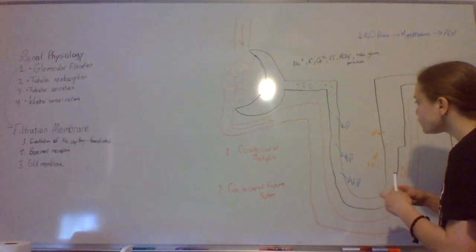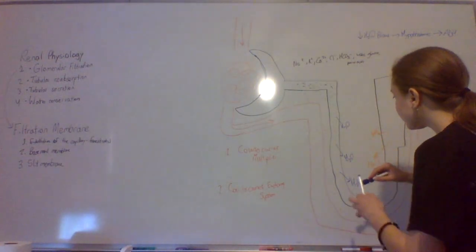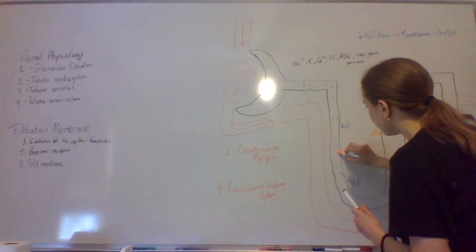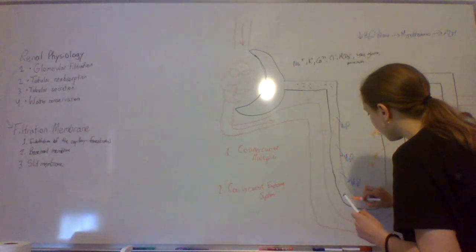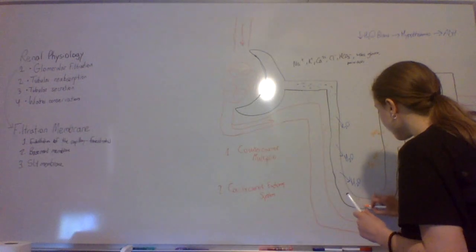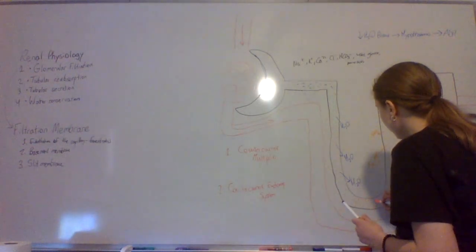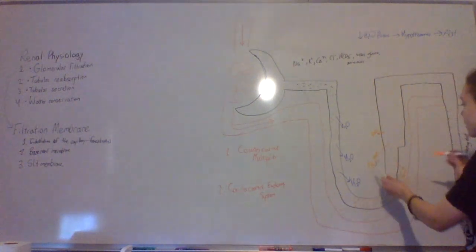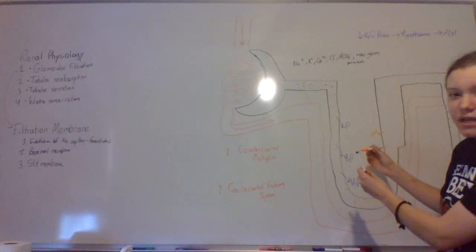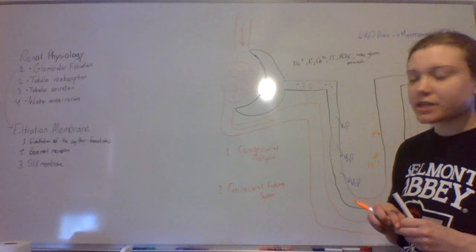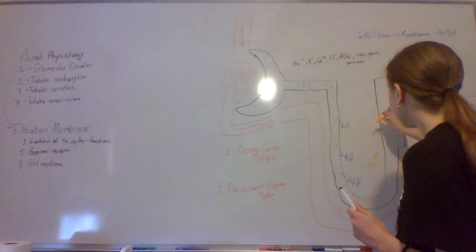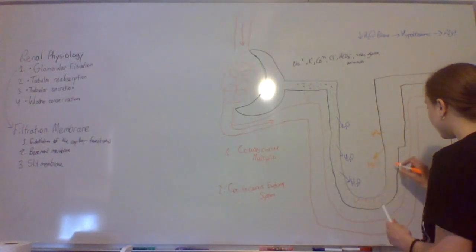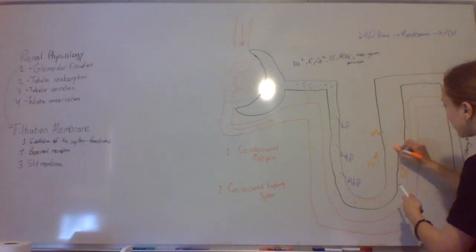So, the filtrate in this part, as you can see, as more water leaves, that means we get more salt in the filtrate. As we go down, it gets increasingly saltier, and down here at the bottom of the loop of Henle, it gets the saltiest. Now, as we go back up, we have all this water in the medulla, but we want to make sure that the medulla is still salty. So, up here, as mentioned, we have pumps pumping NaCl